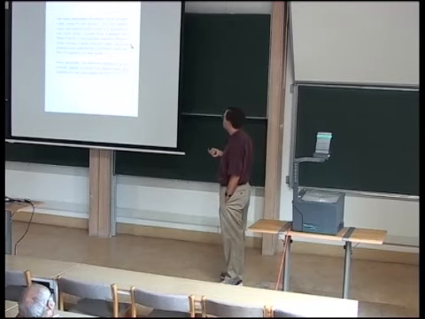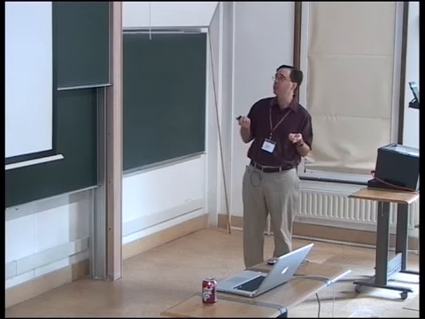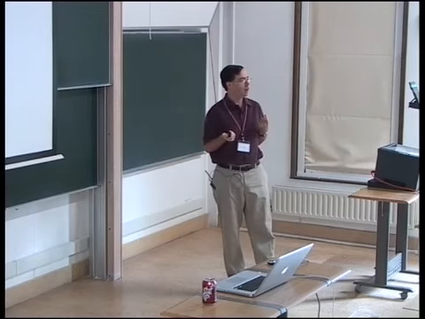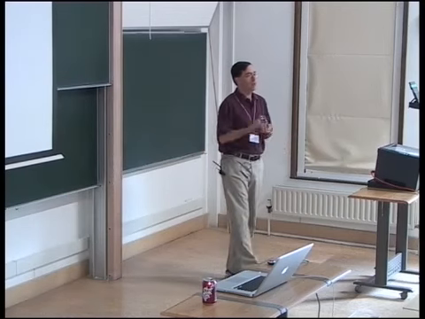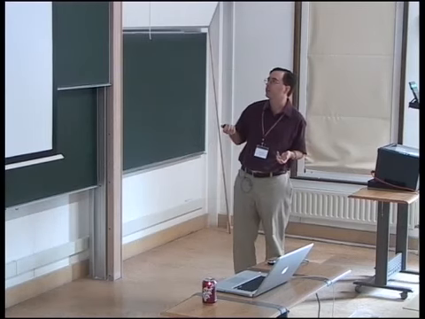And basically there's a natural construction, which I'll talk about generalizations of in a bit, that if you pick a given smooth cubic curve and ask to classify the matrices having that cubic curve as determinant, they're actually in a natural way classified by line bundles of degree 0, except that you have to remove the trivial bundle. And this is exactly just saying you take the Jacobian and you remove the identity. And of course we have to remove the identity because that corresponds to a matrix with identically zero determinant, and that's not a matrix having C as determinant.